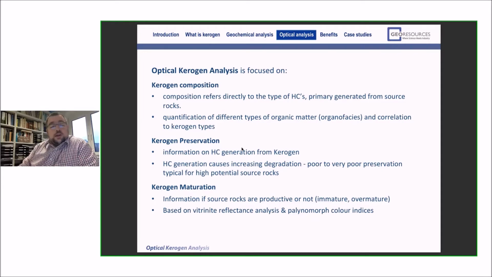And the third one is the kerogen maturation. So of course, besides the composition, it's also important to know the thermal environment that we're in. We get information about the thermal regime of the source rocks. They are productive or not, if we are in an immature or over-mature stage or oil or gas window. So this is pretty important to understand what part of the kerogen can actually produce hydrocarbons. And this kerogen maturation normally is based on vitrinite reflectance analysis and palynomorph color indices, which is a topic that